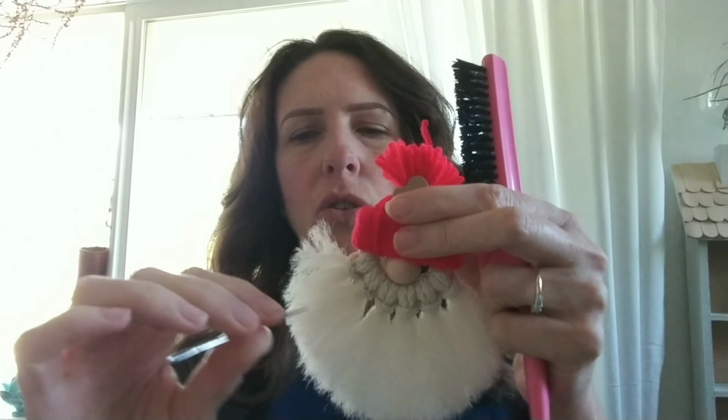You will also need something to pick out the strands in the cord. I'm just using a big needle. A toothpick would work great if you don't have a large needle. You will need a pair of scissors to cut your yarn and macrame cord, some white craft glue. I like Aleene's Tacky glue. You will need